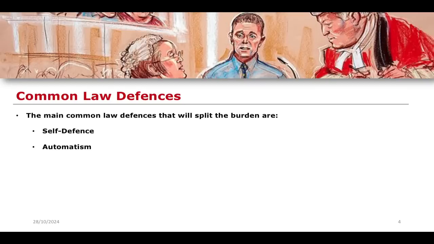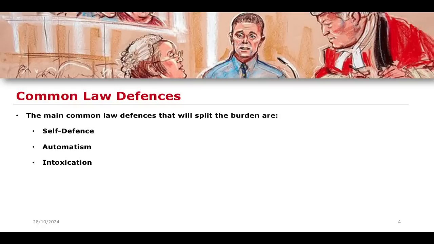There's a famous example of automatism. For example, if you are a rugby player and you get knocked unconscious, there are some circumstances in which you are knocked unconscious, but you are still running. If you then run and hit somebody or assault somebody, that is not your fault because you are not acting consciously. It is seen as something that is separate, however, to the idea of insanity and the defence of insanity, so bear that in mind as well. So non-insane automatism is sometimes how it is defined.